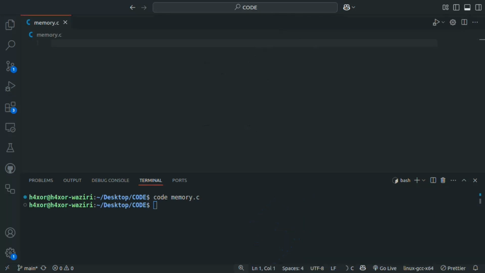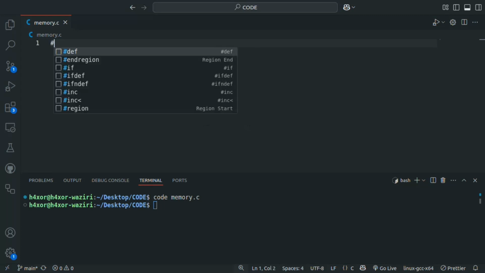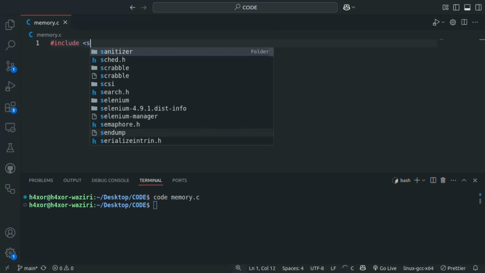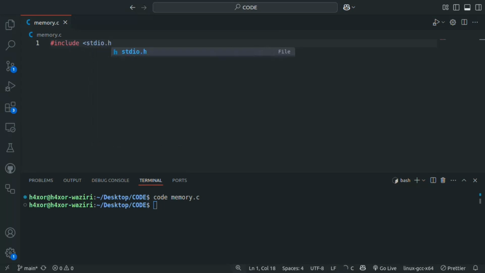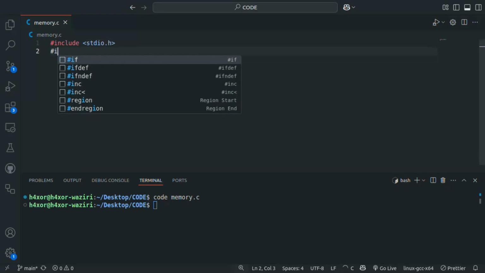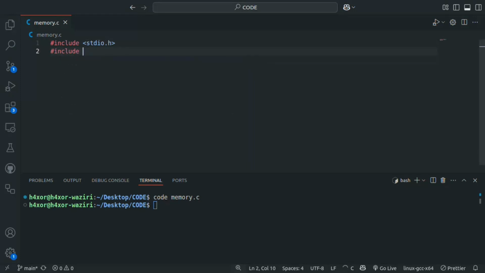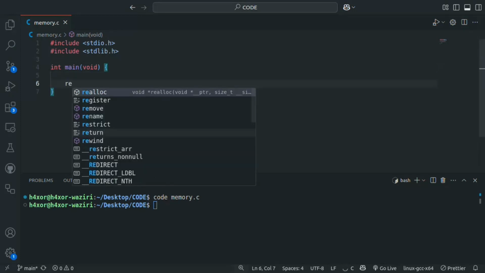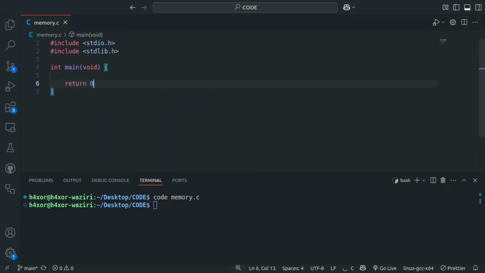Now I will code a simple example to demonstrate the sizeof keyword and valgrind. #include <stdio.h>, then #include <stdlib.h>, then int main(void), then inside curly braces return 0;